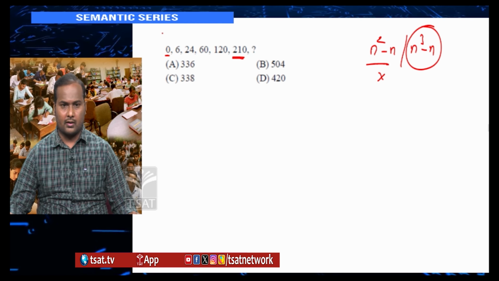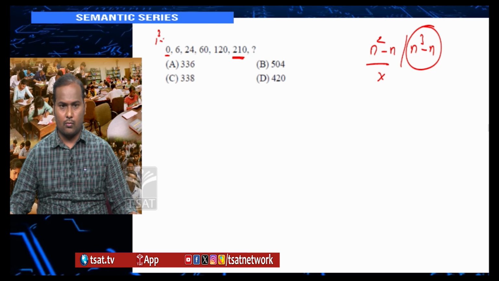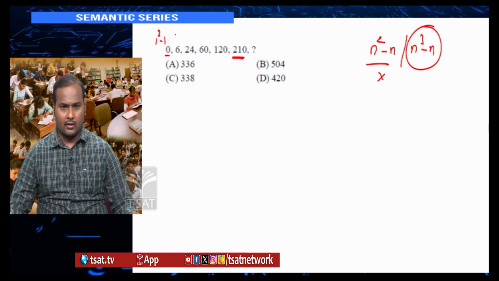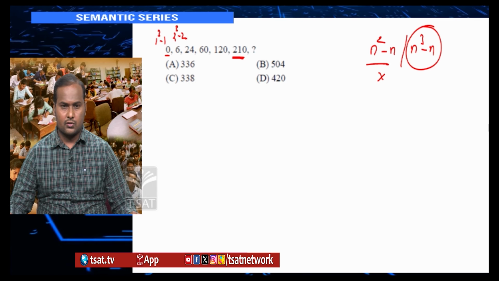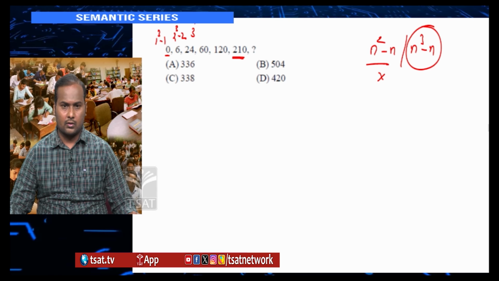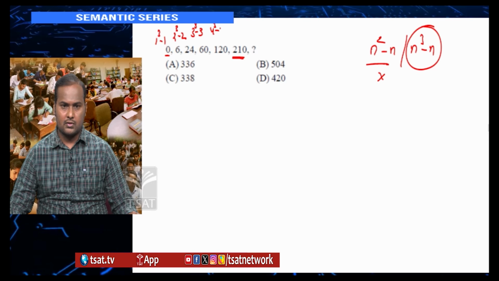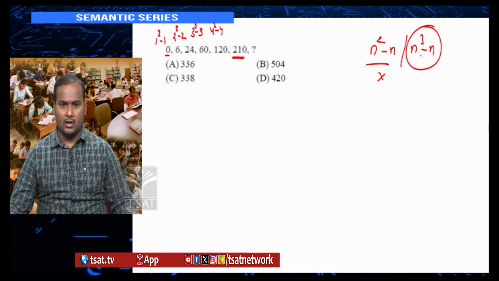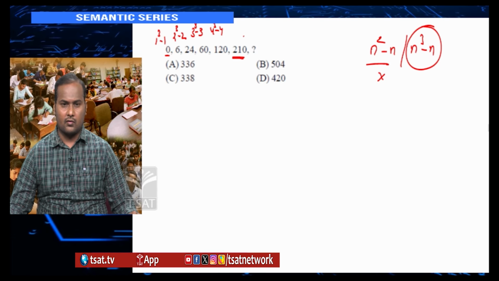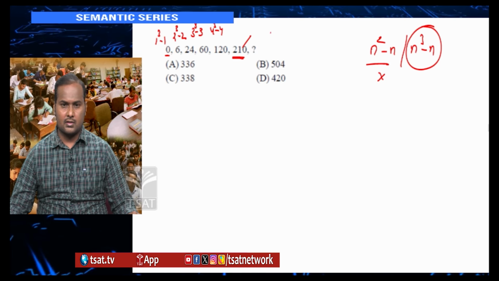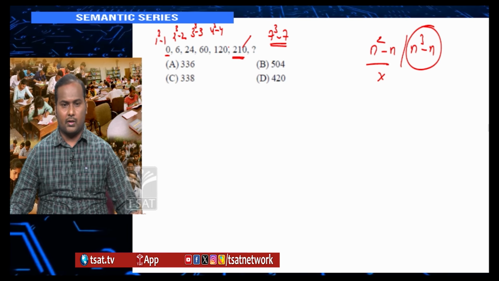So 0 I can write like 1 cube minus 1. 6 I can write as 2 cube minus 2. 24 is 3 cube minus 3. 60 is 4 cube minus 4. Obviously the pattern is n cube minus n. So our answer will be 5 cube minus 5, 6 cube minus 6, and the answer will be 7 cube minus 7,